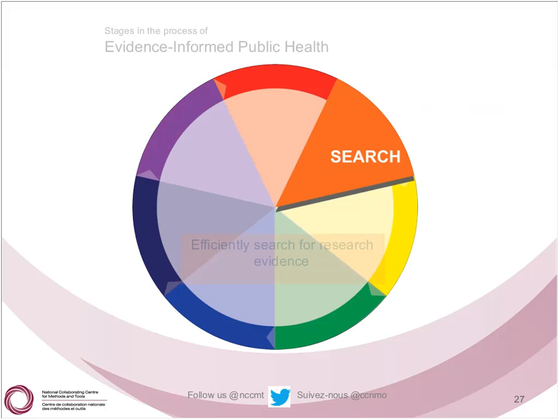Now we move on around the wheel to the search step. And in the search step, we're efficiently searching for research evidence. Now, of course, it's the search step, so you would expect that it was something about searching. And you already know that I'm talking about research evidence. The new thing here is about being efficient, and I'm really going to emphasize that in my discussion about what happens in this stage. And I would say probably everyone is interested in efficiency, but I think it's particularly true for people who work in public and community health,